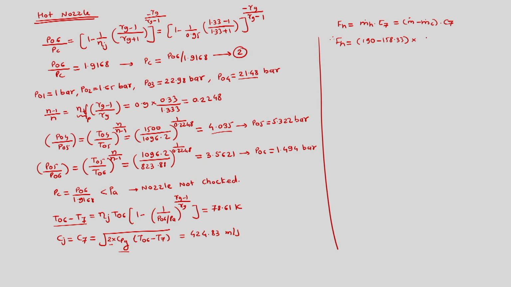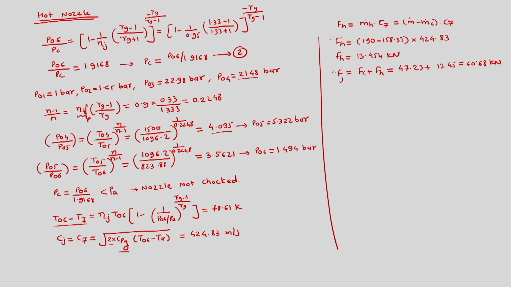C7 is 424.83. So this gives us hot thrust as 13.454 kilonewton. So we have total thrust from the jet is equal to cold thrust plus hot thrust. So cold thrust we know it is 47.23, hot thrust is 13.45